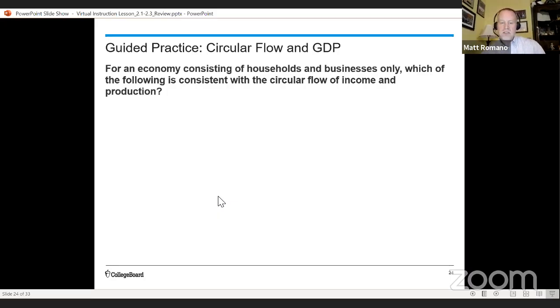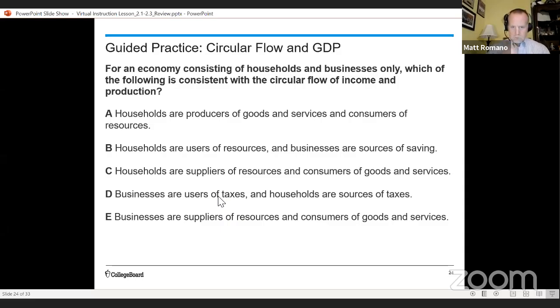On the factor market, that's reversed. The households are suppliers of factors of production. The firms are going to be demanders of those factors of production, paying for the factors of production. So with that information in mind and just refreshing our memory, what could we look for here? Flipping through your answers, A through E,